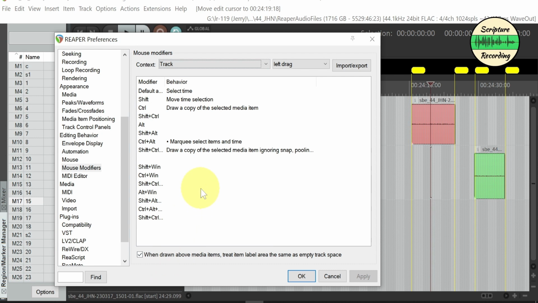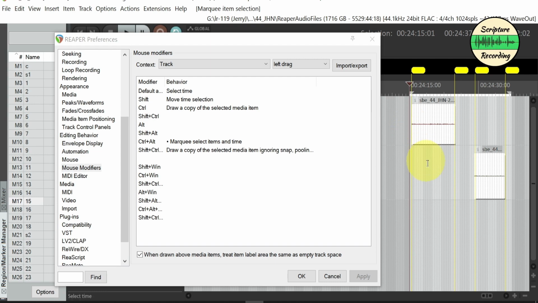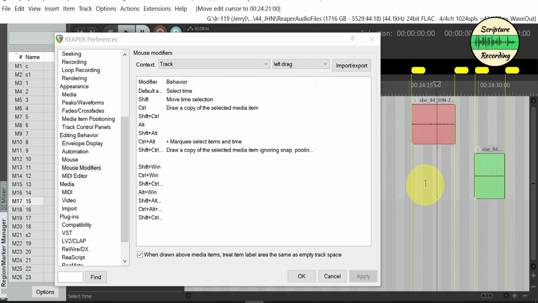So when I come down here, I do have one Control-Alt. So when I go here and mark key select items in time, when I click down here and I hold the Control-Alt, you'll see the square, the gray square, and then it'll select those items. And so it's nice to be able to select items that way. Go back to the